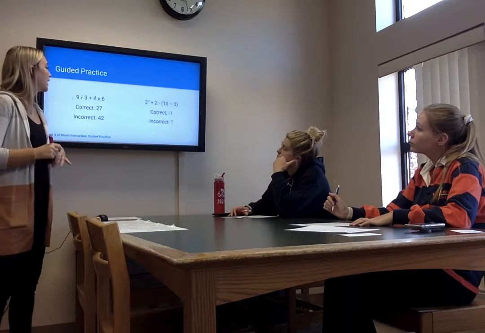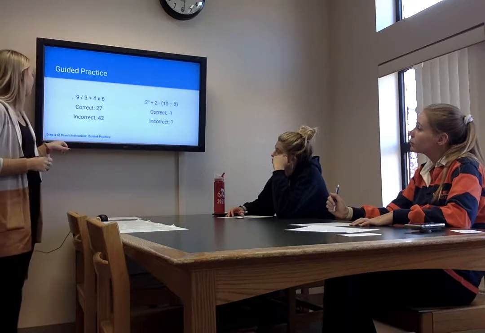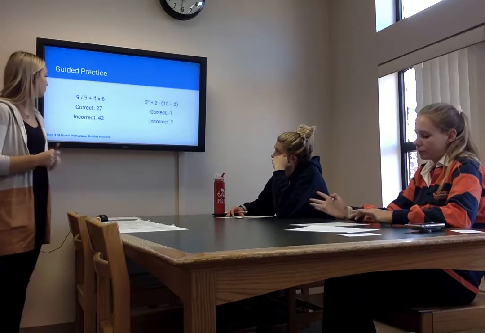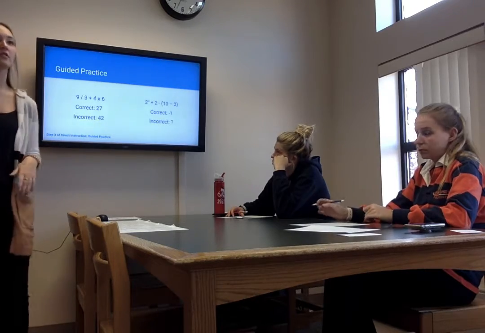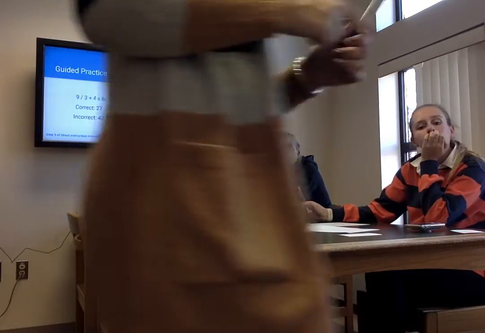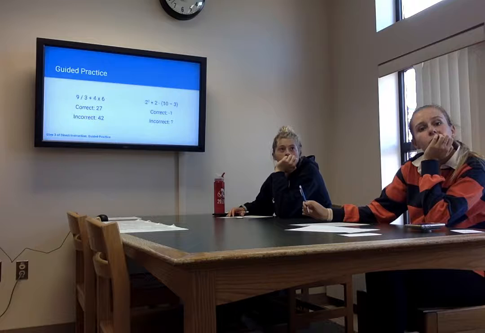Now we're going to do some guided practice, and this is step 3 of direct instruction, which is guided practice. So let's look over on the board. So I have 2 equations listed, but I have the incorrect way, or we're going to solve it incorrectly, and we're also going to solve it correctly. So for the first one, if we solve it incorrectly,